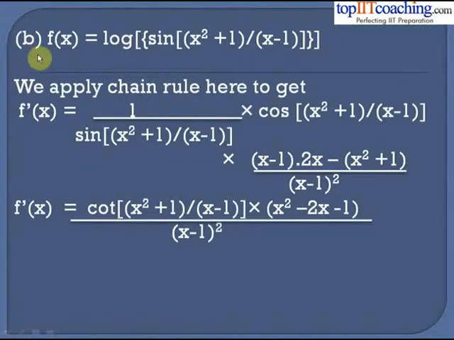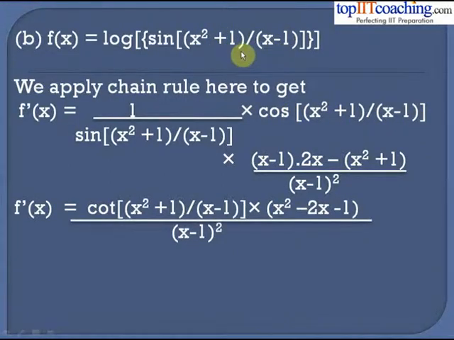Let's try to solve the second part. Fx is equal to log of sine of x square plus 1 whole divided by x minus 1. So we see that this is a composite function, and we apply the chain rule here to get f dash x. Now the derivative of log x is 1 by x, so this would be equal to 1 by sine of x square plus 1 divided by x minus 1 into the differential coefficient of sine x is cos x, so this gets equal to cos of x square plus 1 divided by x minus 1,